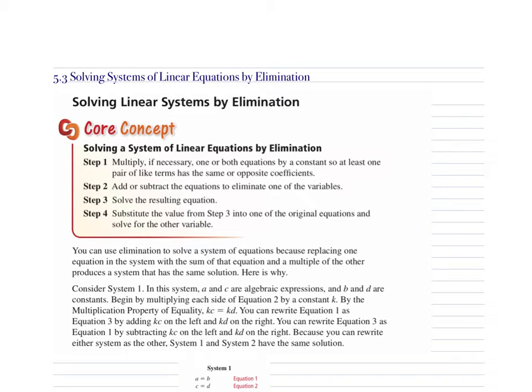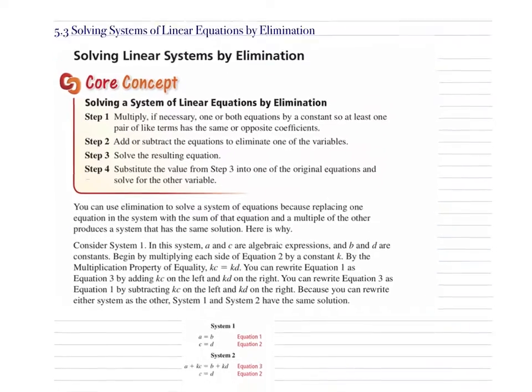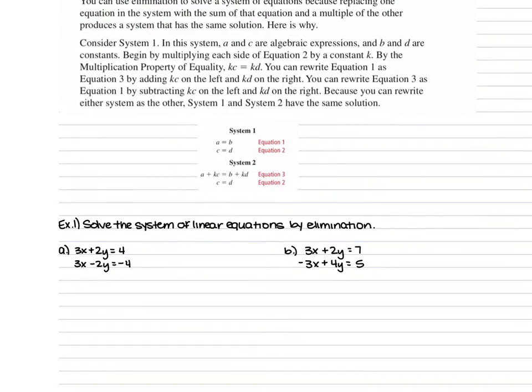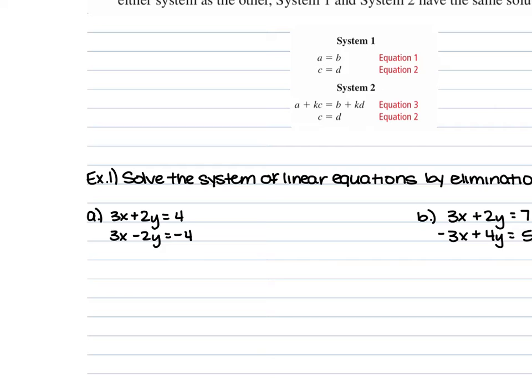5.3 goes over solving systems of linear equations by elimination. When you are eliminating one of these terms, it's because the coefficient in front of the variable is the same and it has an opposite sign. So if we look at some examples on how to solve these, if we look at example 1a, we're given